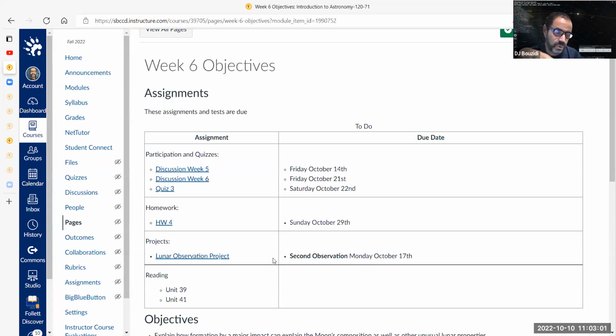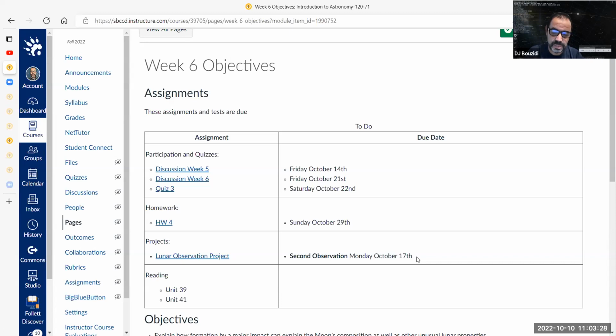And you should have noted all of the things that had to do with the different components of the assignment. But then also you will have another one this coming Monday, which means on Sunday, October 16th. Is that Sunday? Yes, October 16th is a Sunday. So on Sunday, you're going to go out and look at the moon and see its position, document your observation,